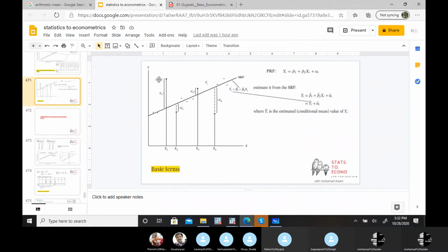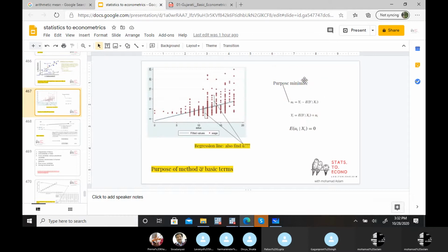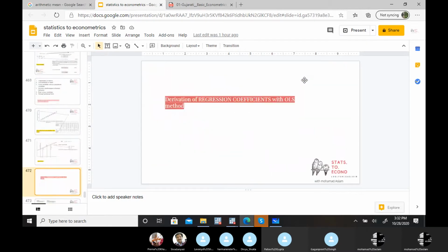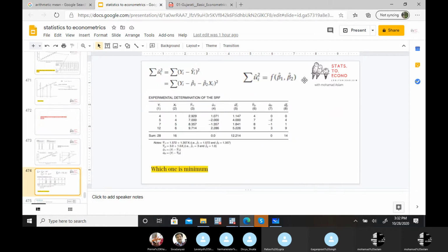That's why in ordinary least squares, in this particular method, we take squares, means we try to minimize the u hat square, not u hat. So we are going to estimate parameters in such a way that we minimize summation u hat square. Is it clear till this point that we are going to derive these sample statistics beta 1 and beta 2 in such a manner, in such a method, which minimizes this particular summation u hat square?